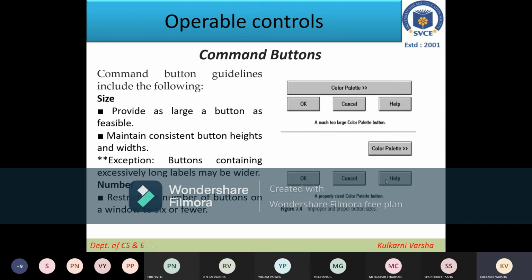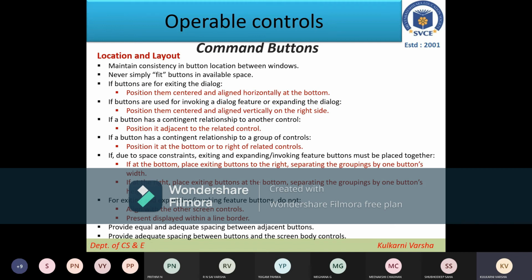So that uniformity should be maintained whenever you are putting the buttons in the layout. Never simply fit the buttons in the available space. This is true. It should look good also, right?